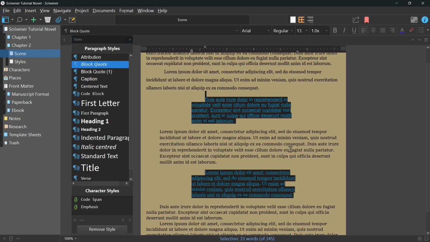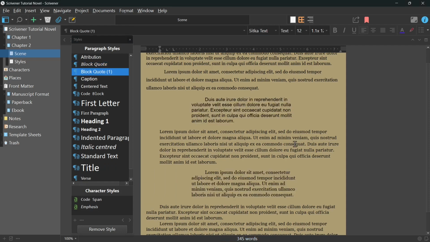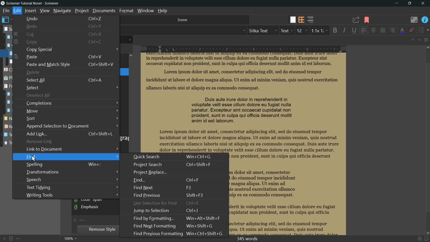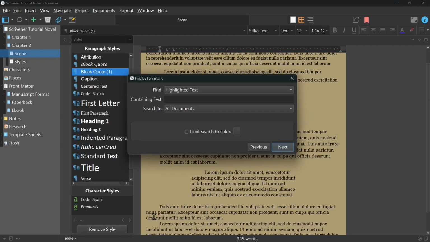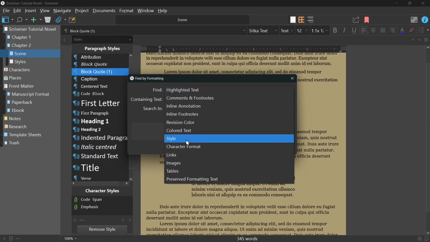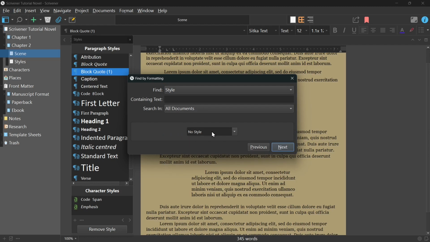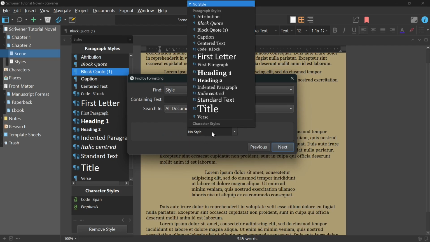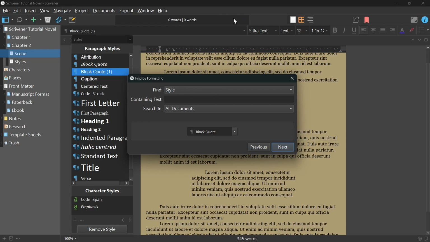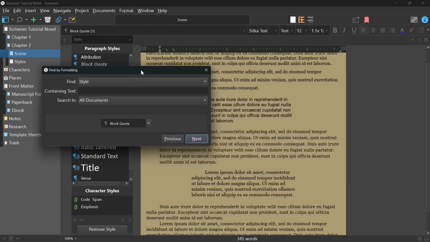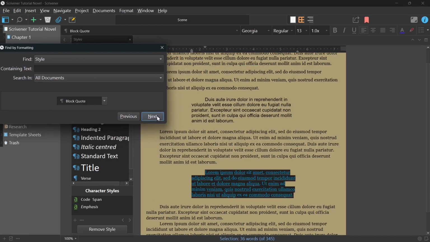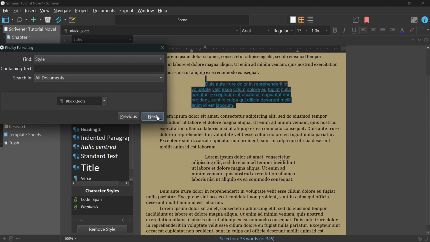However, if you want to easily jump through your document without scrolling, you might be better using a Find by Formatting command. This option is under the Edit Find menu. Select Find Style and in the style list select your style. This will enable you to jump from one to another. And as the window can stay open whilst you're working, this may be an easier method.